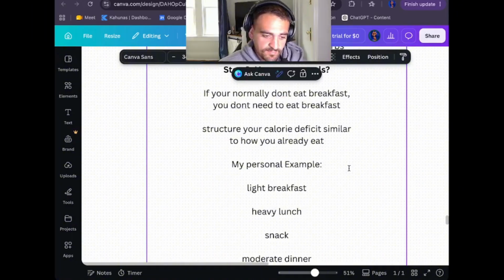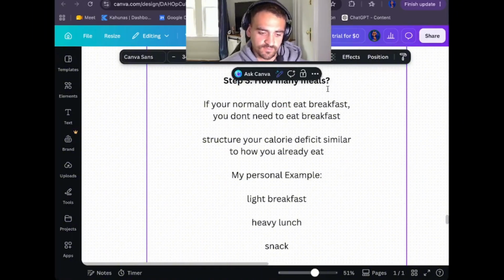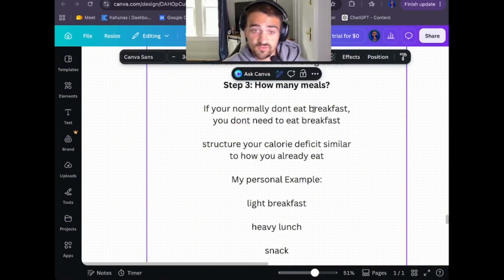Okay, step 3. How many meals should you be eating? Should you eat 1 meal a day? Should you eat 2, 3, 4? It's going to depend on the person. So if you normally don't eat breakfast, you don't need to eat breakfast just because everyone tells you to eat breakfast. Like if you are just someone who doesn't enjoy eating breakfast, maybe you're not hungry in the morning,